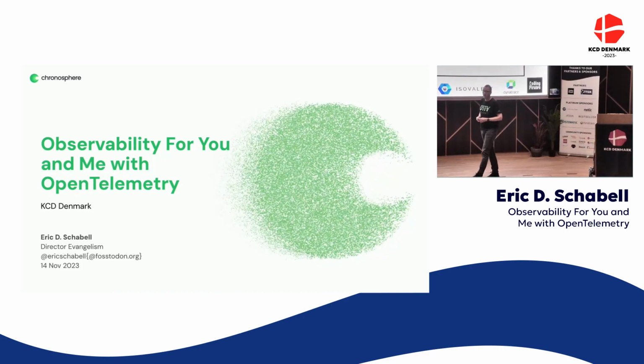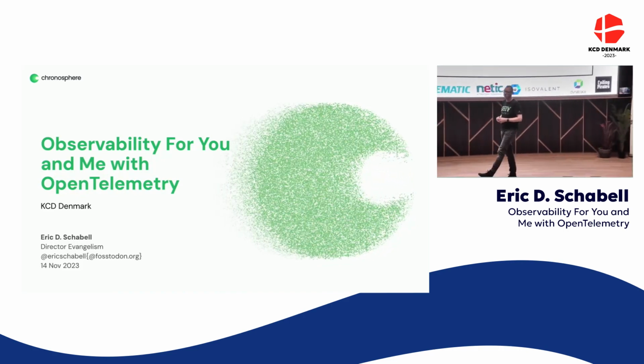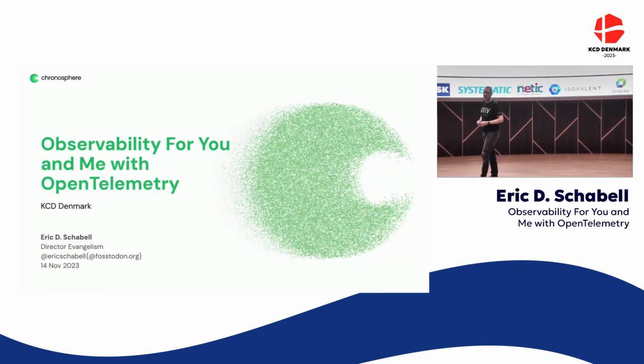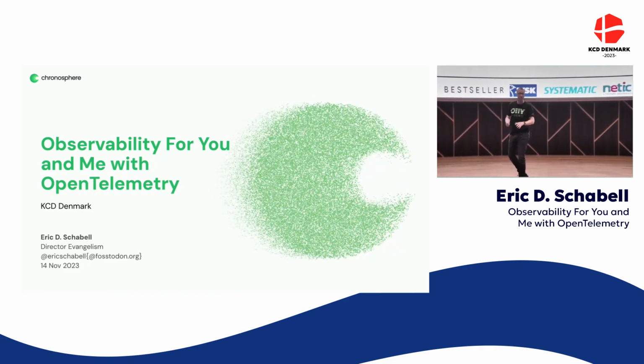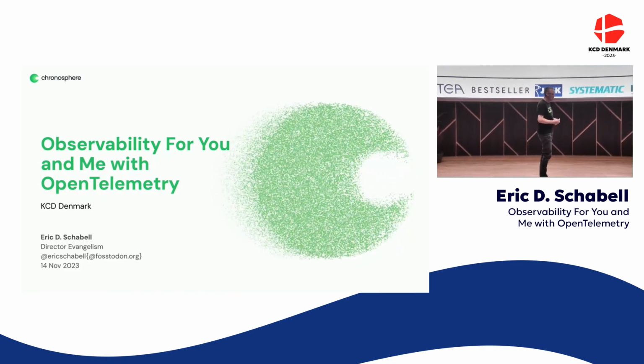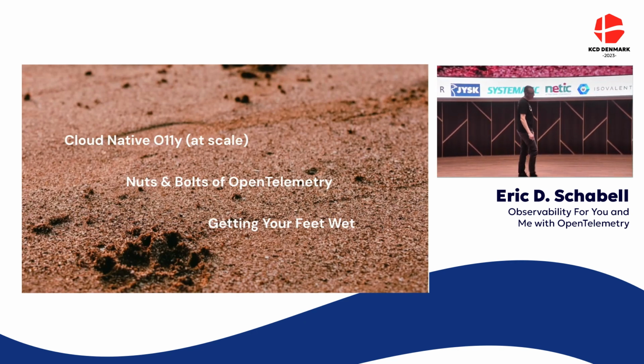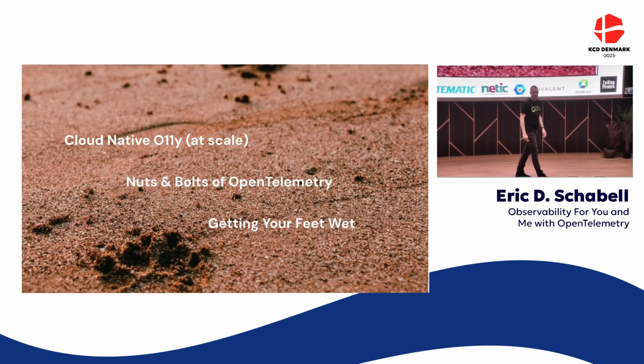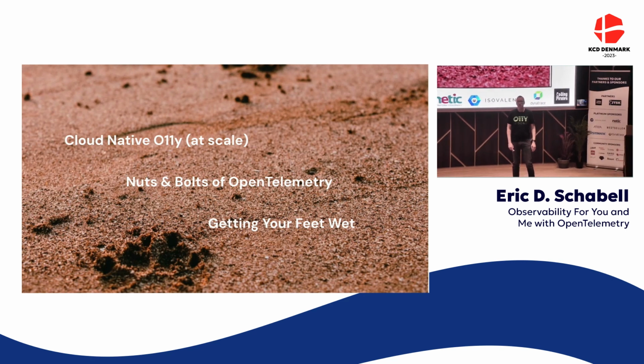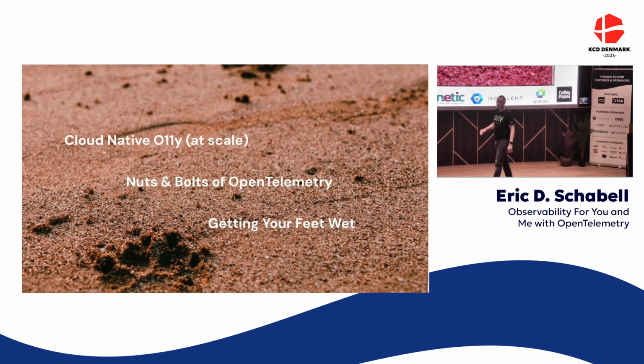You saw the Uber thing, how many millions of things are we migrating? This is rough, right? This is not easy to understand. So I think it's really cool that y'all decided to come and check this out. What we're going to do today is we're going to talk about cloud native OLI and what that looks like at scale. Is everybody familiar with all these funny terminology things you're going to see here?